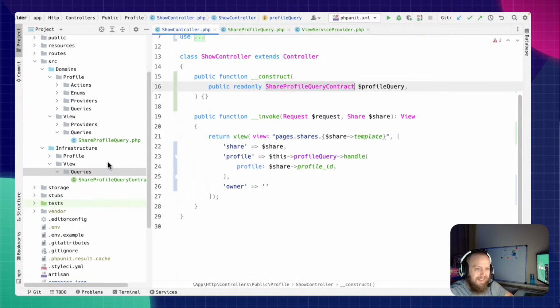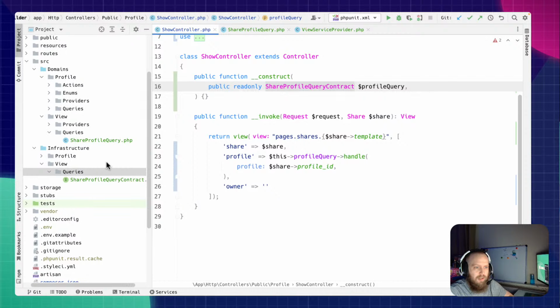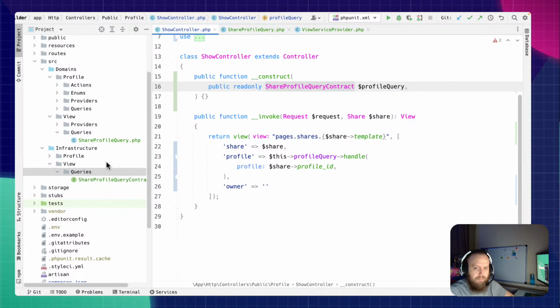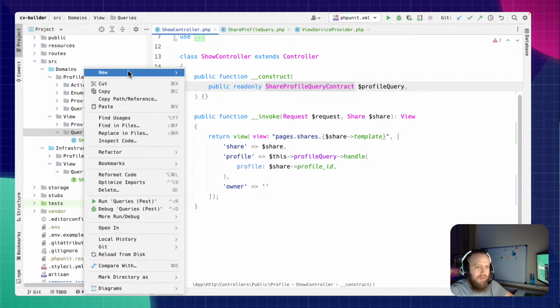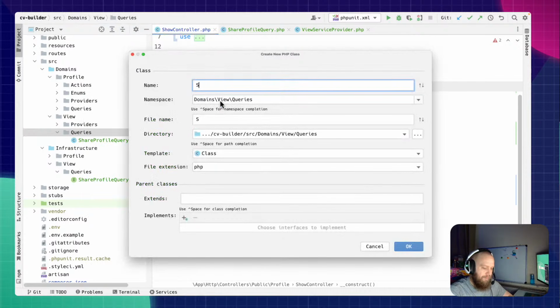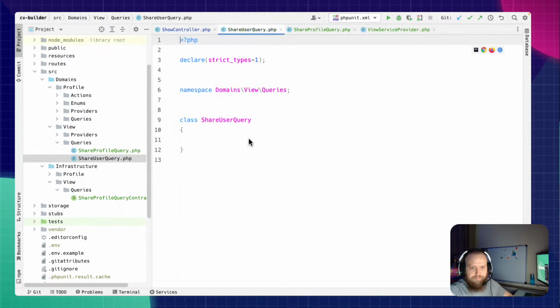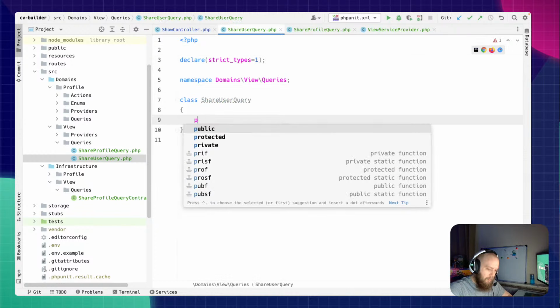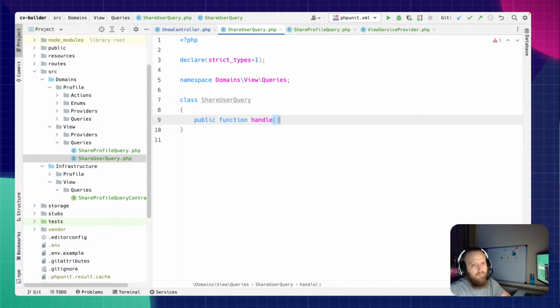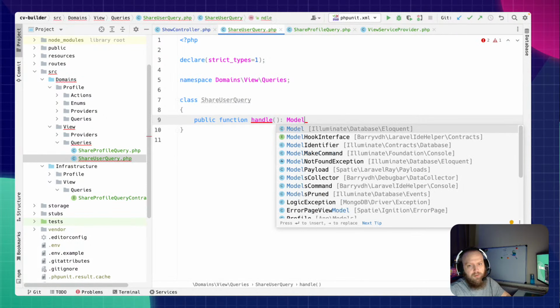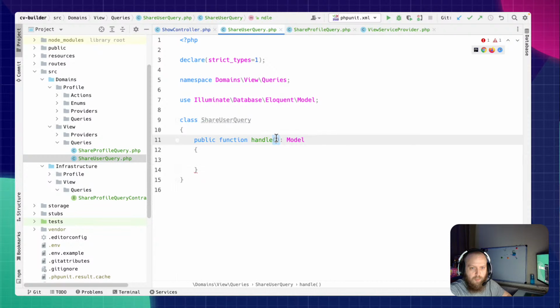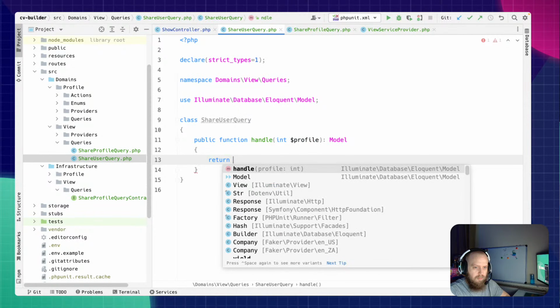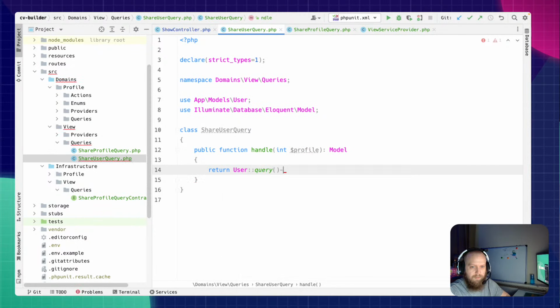So the other thing we need to do is get the share user. A nice way to do this is going to be share user query. So public function handle. That needs to obviously return a model. So we're going to have to pass through an integer for the profile, return user query